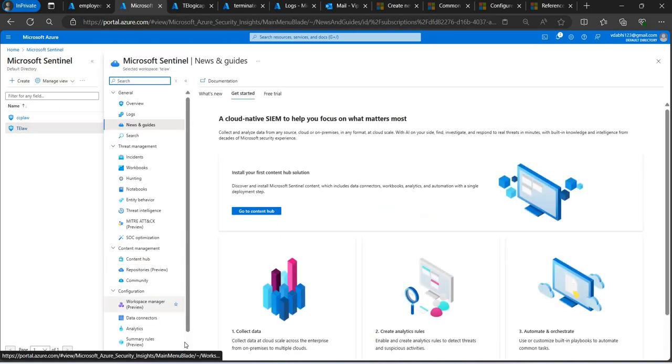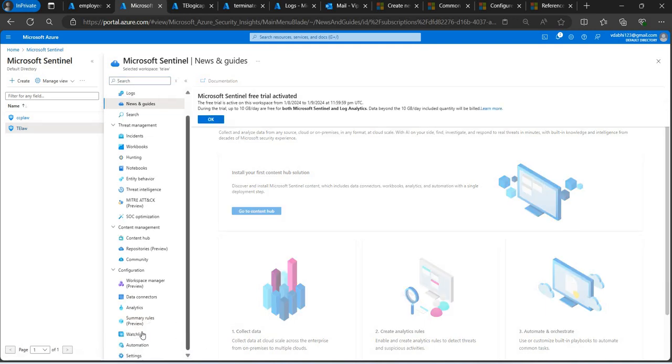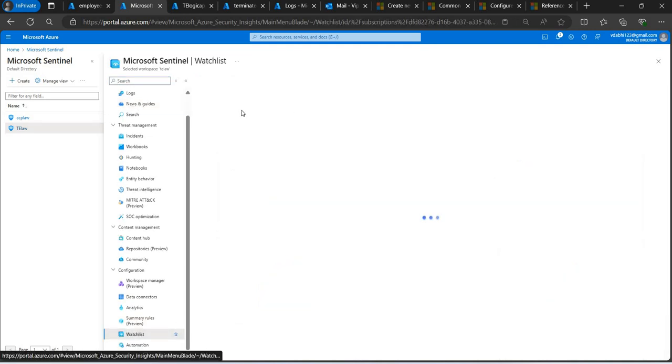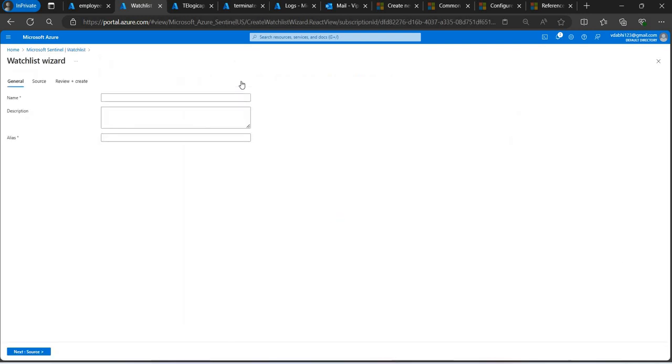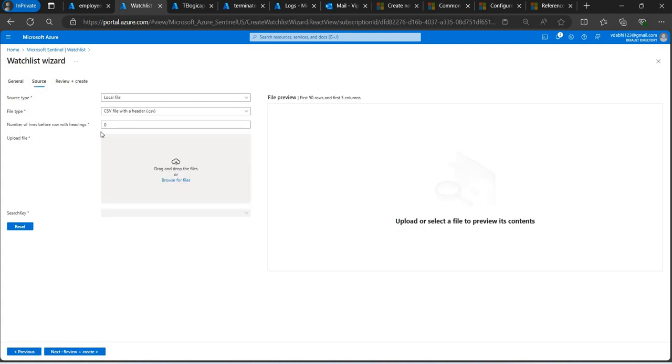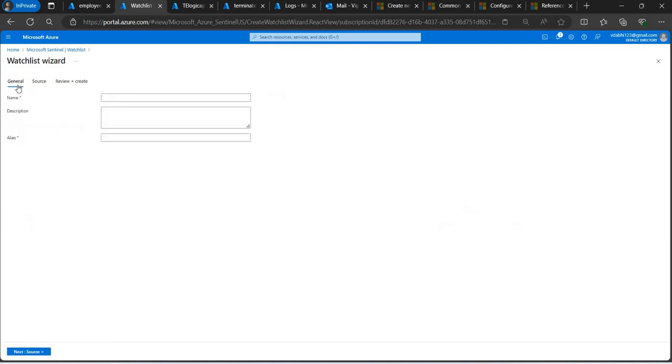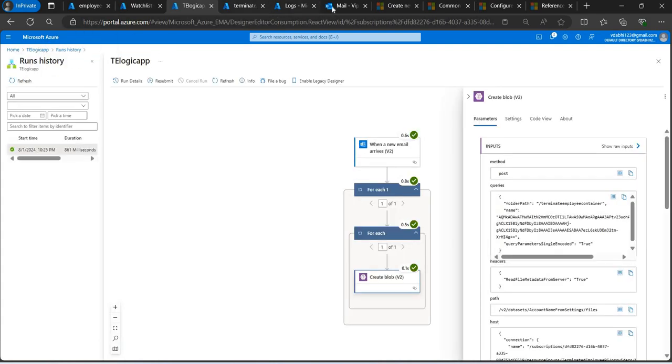This is Microsoft Sentinel, and get to your watchlist now. This is our watchlist, and we'll create a watchlist by linking it. You see, there is an option for source, and source allows us to use the storage account, which is in preview as of now. Prior to ensuring that our storage accounts can communicate smoothly with the watchlist, we need to do some settings